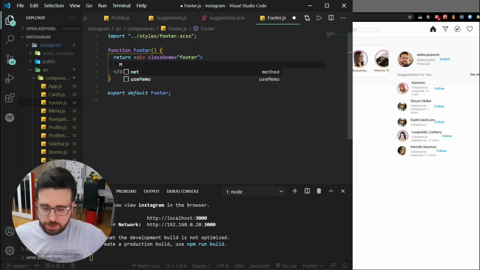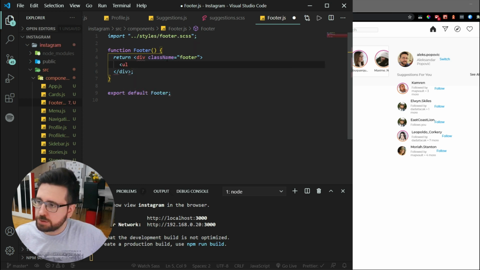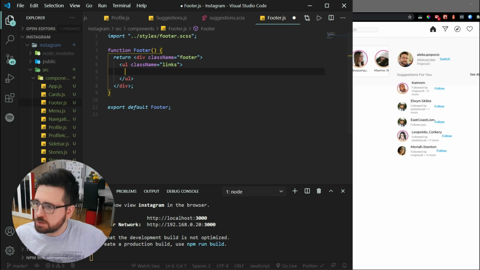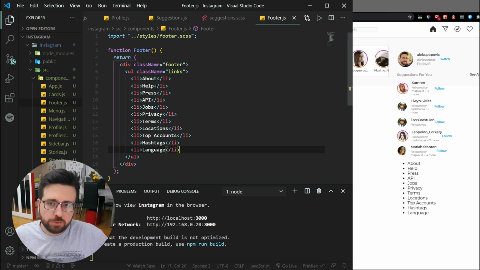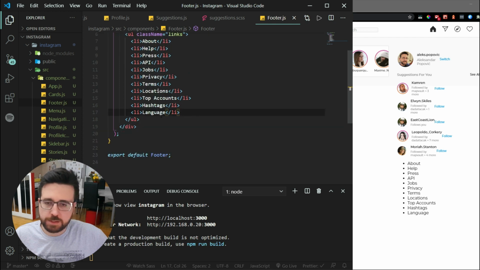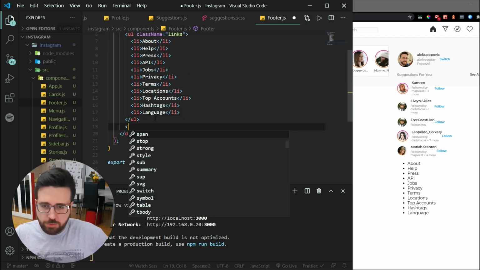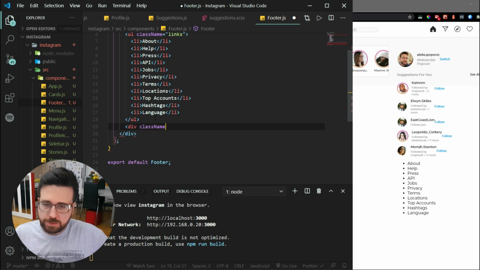But here we are going to add an unordered list with the class name of links, and I'm just gonna add a bunch of different list items that Instagram has in its footer, which are about, help, press, API, jobs, privacy, terms, locations, top accounts, hashtags, and the language, which you can see being shown right here. And below that, we're gonna add a div with a class name of